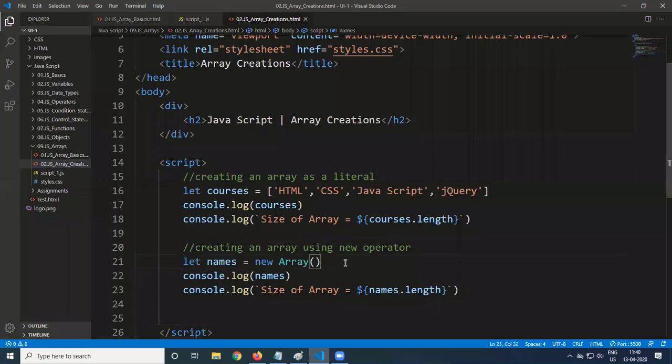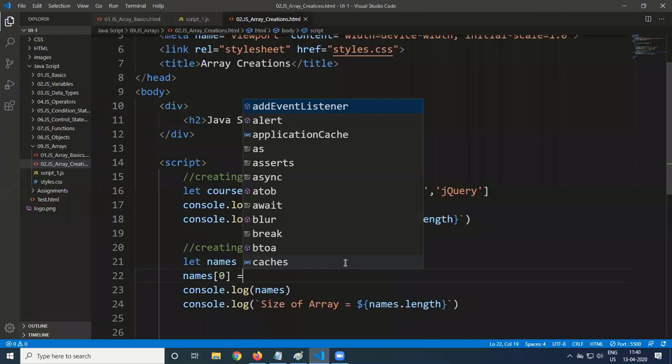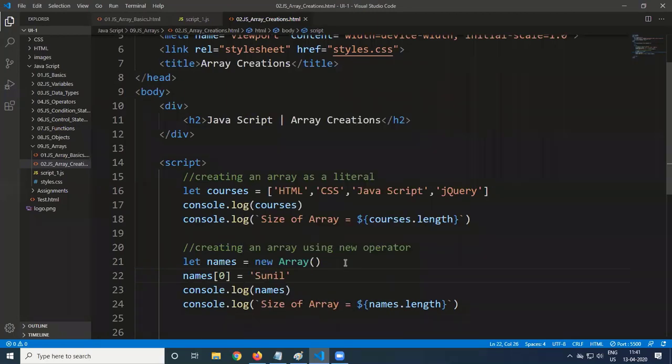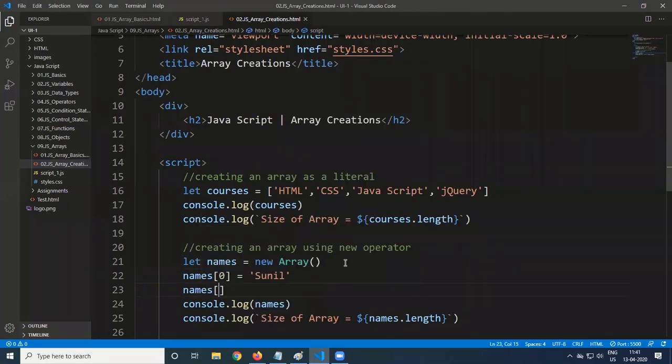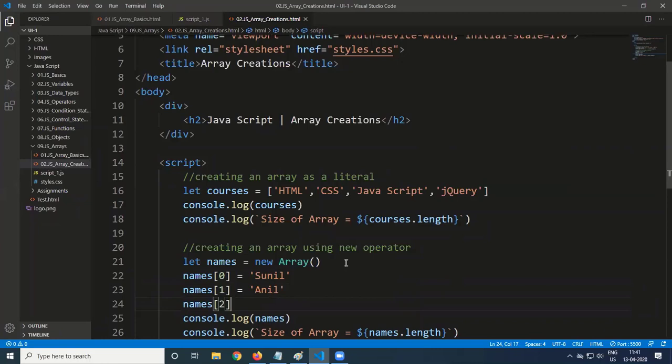But I want to store some data into this. How can we store? Dynamically, you can store. names[0] is equal to my name, Sunil, a string. names[1] is equal to Anil. names[2] is equal to Naveen. names[3] is equal to Sanjay.